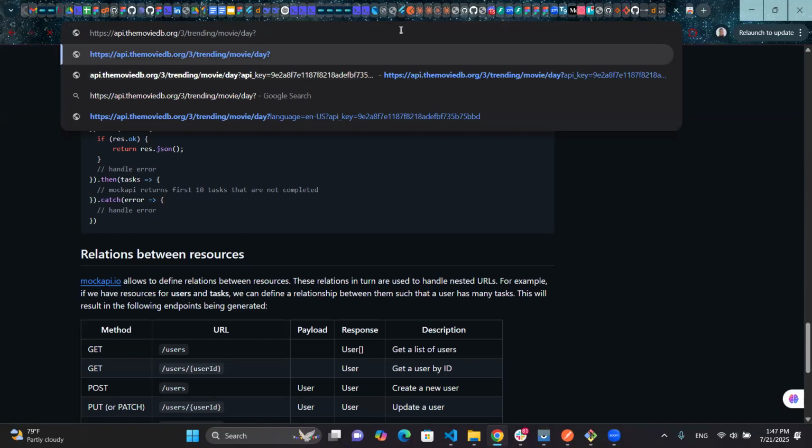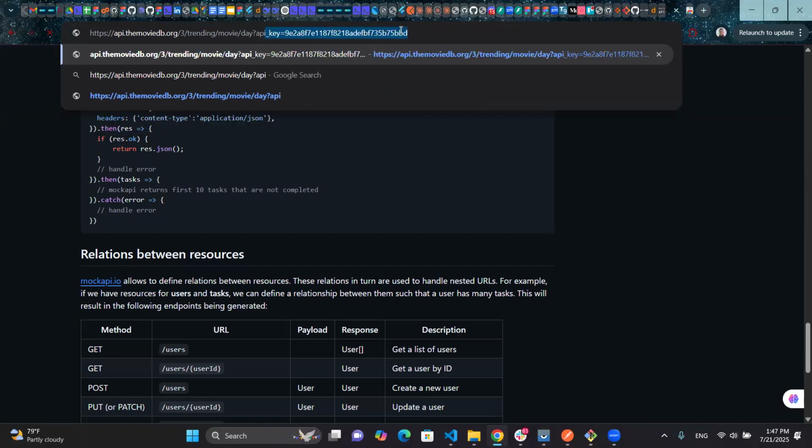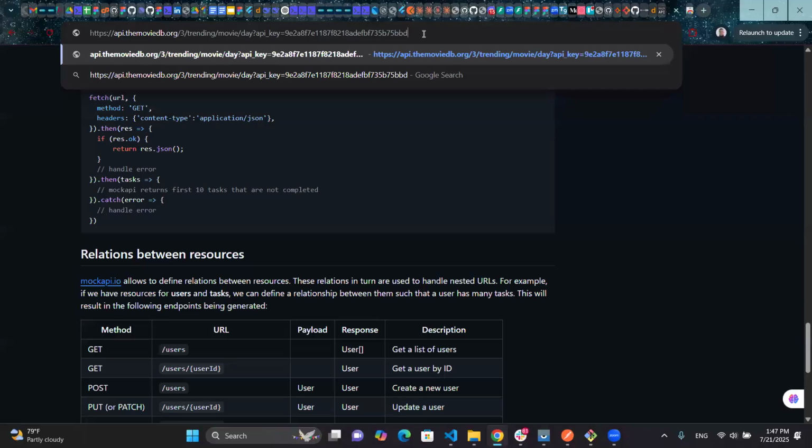Let me do it like api hyphen small letter key equal to, and then that's my API key. And then when I click enter,